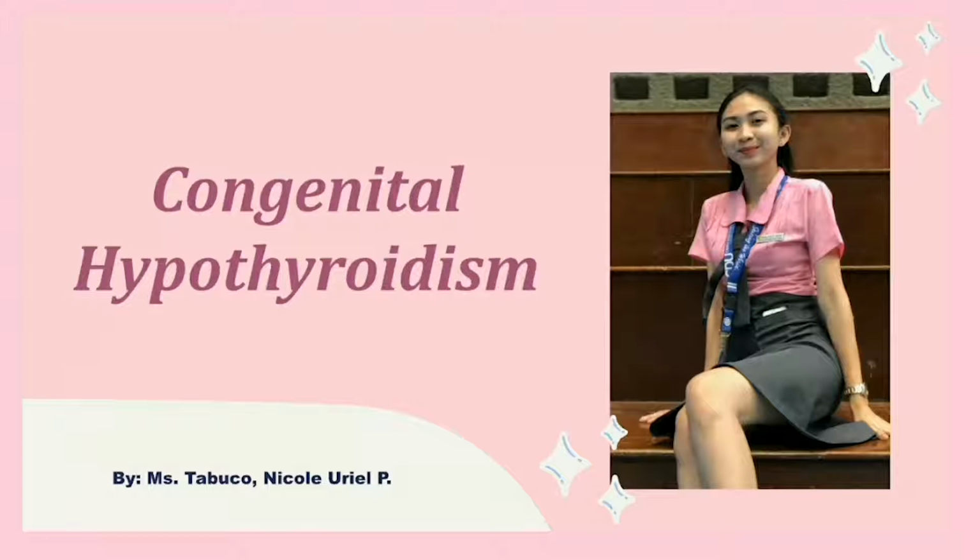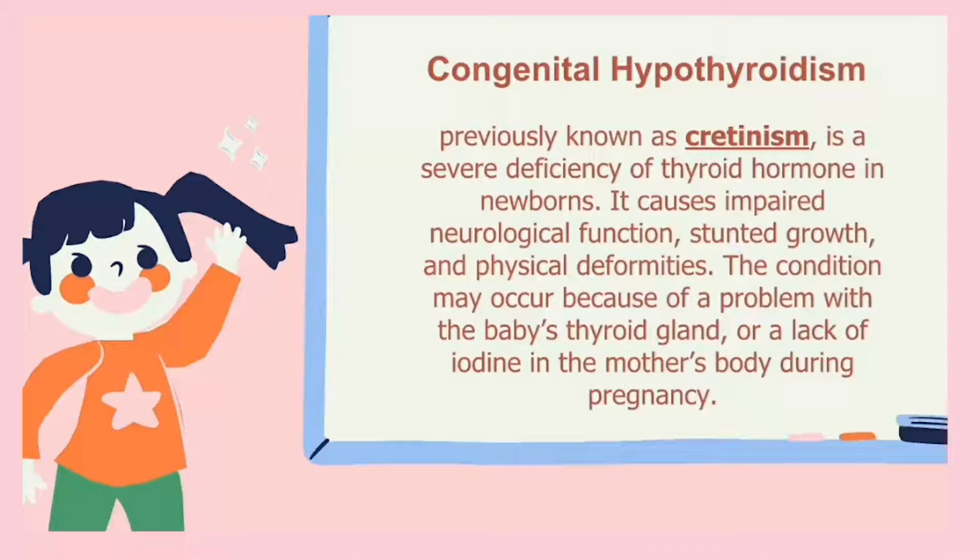One example of an inborn error of metabolism is congenital hypothyroidism, and I am Ms. Debuco Nicole Uriel to report on this complication. Congenital hypothyroidism is a severe deficiency of thyroid hormone in newborns. It causes impaired neurological function, stunted growth, and physical deformities. The condition may occur because of a problem with the baby's thyroid gland or a lack of iodine in the